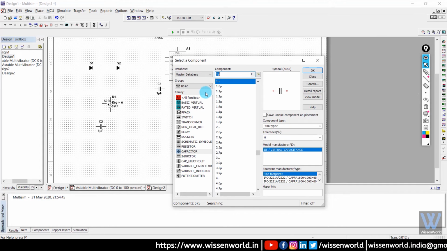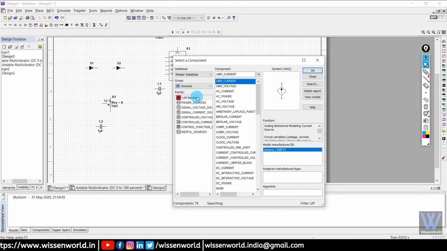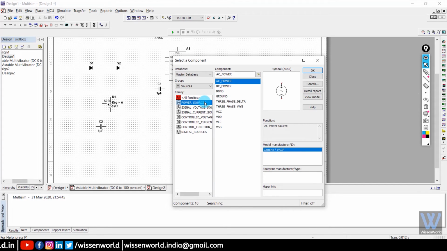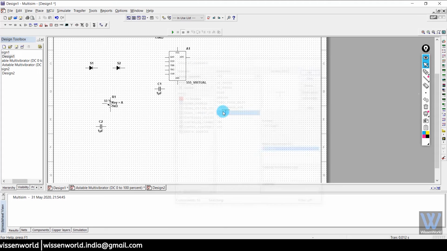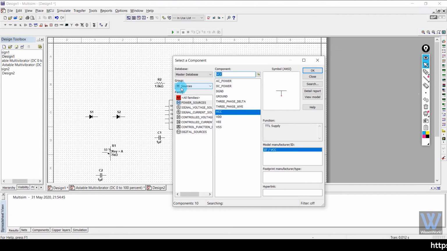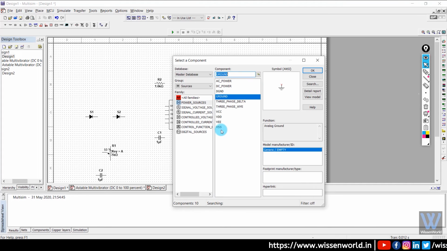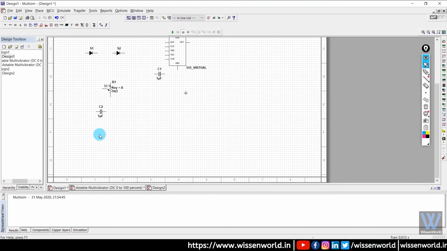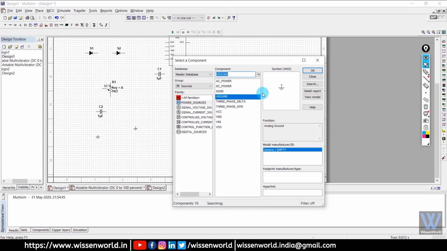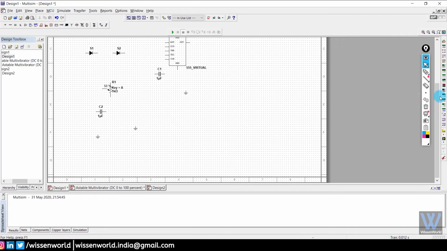Now we need supply. For it we will go to sources, here power sources, and here you can see VCC. Here I will place VCC, and now we need ground. Place 2-3 grounds so that the circuit looks simple. Now we have placed all the required components.